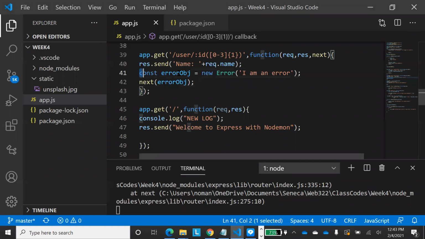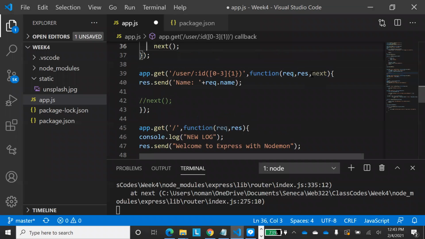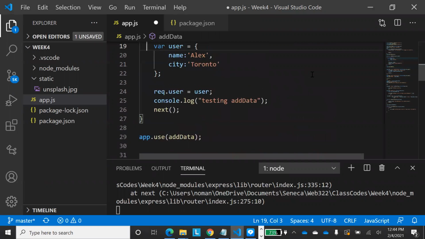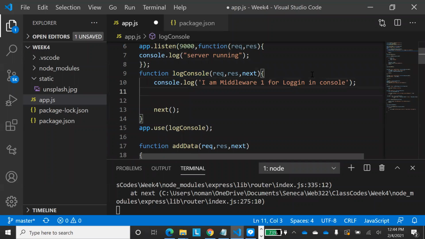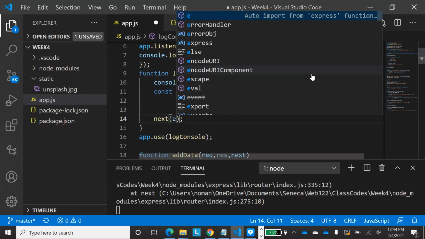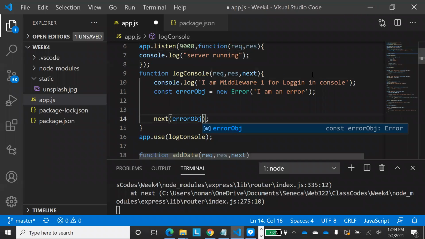So let me just take that out from here and try to place it. And no need for next over here, because as I said, this is the ending of it. So let's talk about this one. This one we have already tested. For example, this one is our add data. Okay, so log console again. Let's come back here. So log console. I'm just putting that also all inside that. Error obj. Now save that